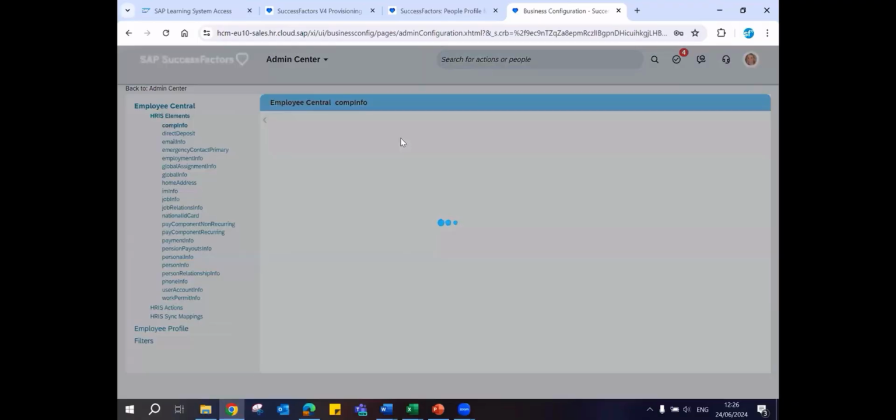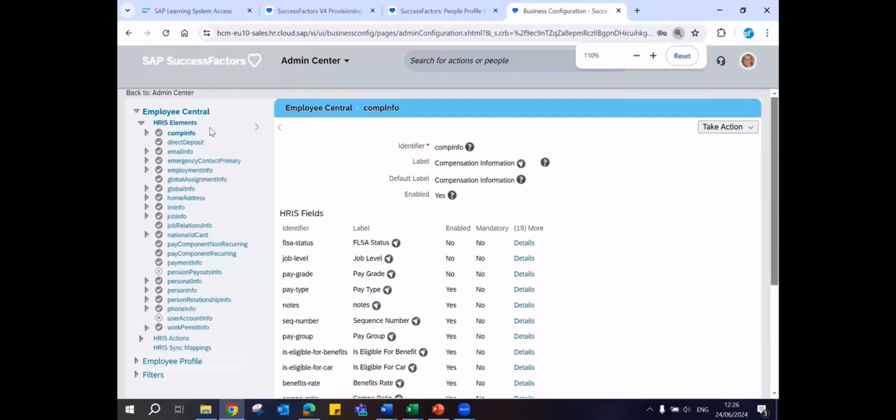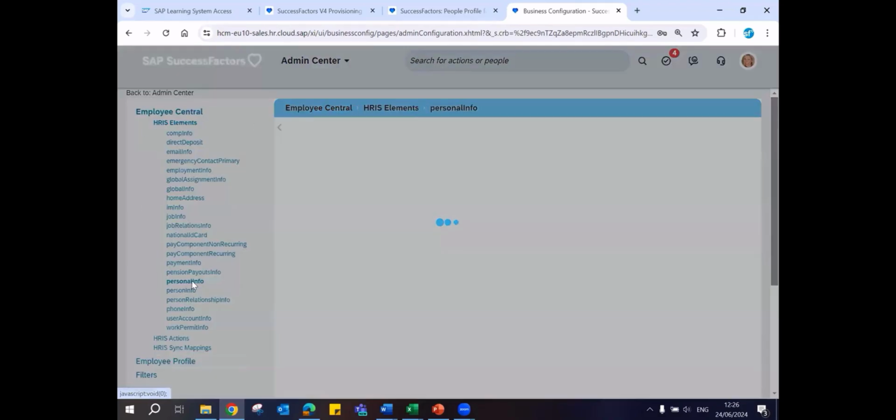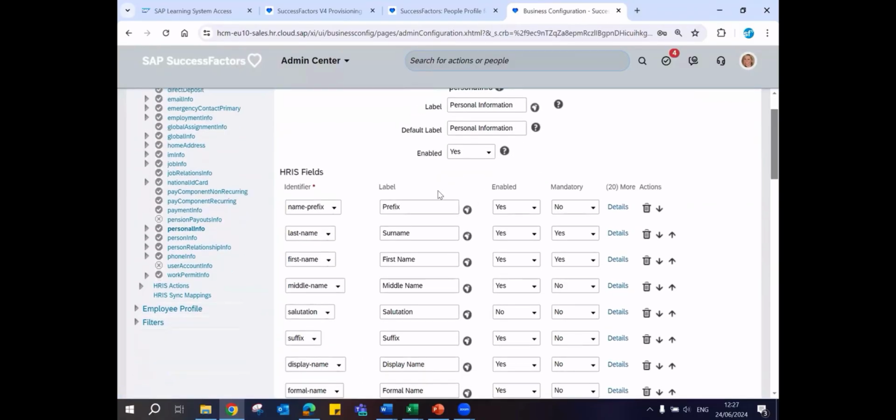In this Manage Business Configuration, for each and every block of employee information, it might be address details of the employees, national IDs of the employees, for various blocks we see on the UI, you have one config node. Say for personal information also, when I click on this personal info, the respective block opens up. And once you turn the screen into editable mode on the right hand top, here you have the fields.